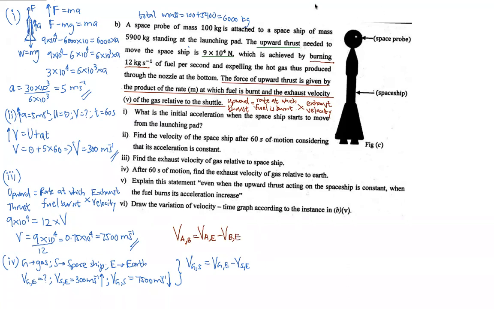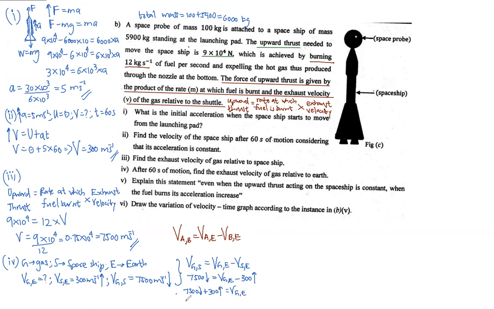So velocity of gas with respect to the spaceship is known to us, that is 7500, but downwards. Don't forget the direction. Velocity of gas with respect to earth is what we have to find out, minus velocity of spaceship with respect to earth is 300 but upwards. So this 300 goes to this side, 7500 downwards plus 300 upwards equal to velocity of gas with